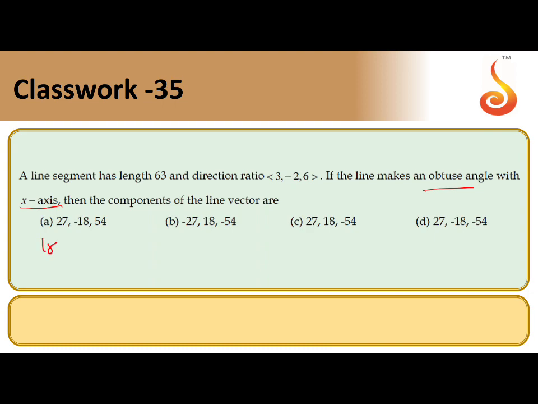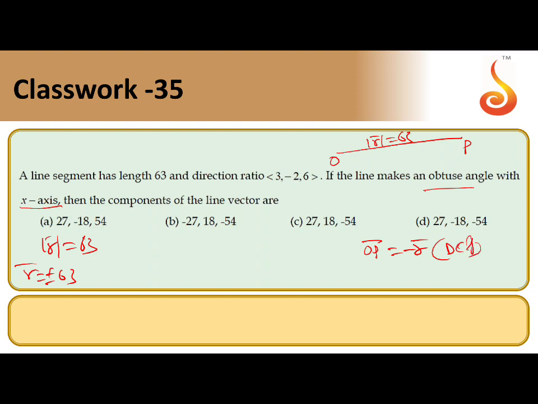So here the length of the vector is modulus r. Modulus r is 63. So here is the OP vector, and the magnitude is given as 63. So r bar equal to plus or minus 63. That means the length of the vector is 63, and the vector component is minus 63. So we want the components of the line vector they're asking. So the component of the line vector means OP bar equal to minus r bar into